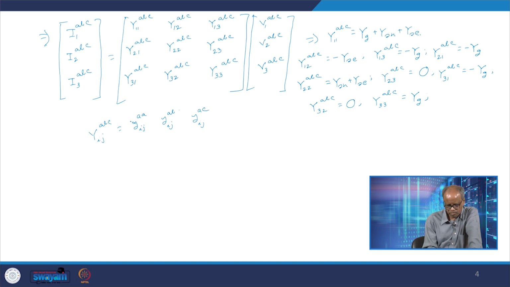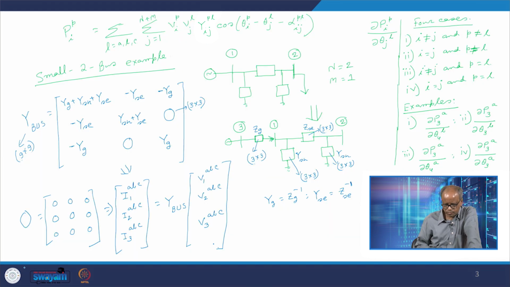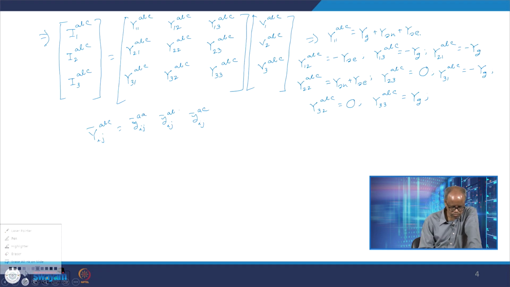Of course these are all complex quantities, so because of that we are using some different notation: y, and then this is yij. Please note all these are complex quantities, all are complex. Then yijba,